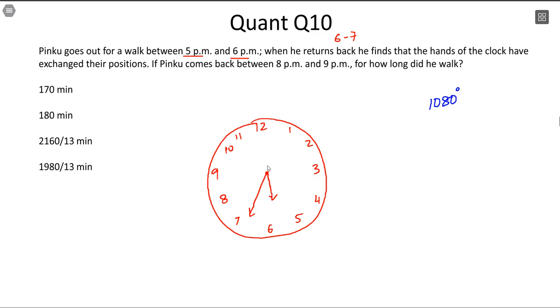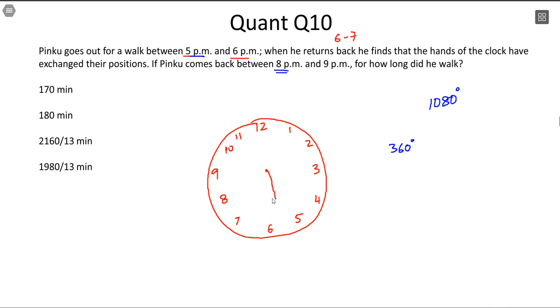What has happened in the interim when you are returning between 6 and 7 is, our hand is going this far, and the minute hand is traveling this distance, which is 360 minus theta. Can you see the hour hand and the minute hand, when they're exchanging within the hour, they're together traveling 360 degrees. Now if you repeat the same storyline, but now the duration is not there returning within the hour, it is within 3 hours. Let me just erase these portions and try and represent it again.